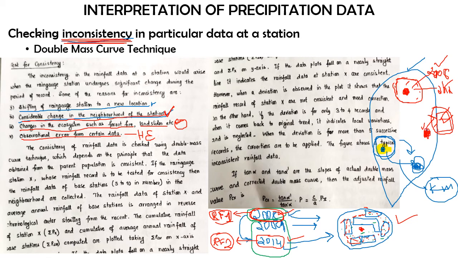So even at that point of time inconsistency may arise in the data given by the rain gauge station. So these four points which were discussed are the reasons because of which there might be some inconsistency in the rainfall data collected from the rain gauge stations. Okay, so this is what the first sentence or paragraph means over here. Now we'll rub off these, then we'll go for the next para.